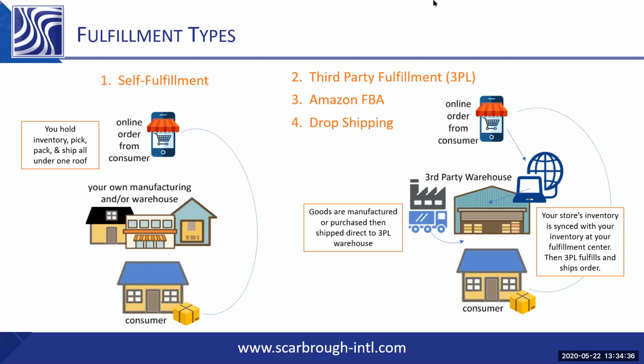Mark, I have a question that came in. How does the size of your organization impact your fulfillment strategy? For example, is it best for smaller companies to outsource and or should we try to grow the knowledge in-house? What are your thoughts on that? There's a few different things that go into all of that. So when you do a startup, there are